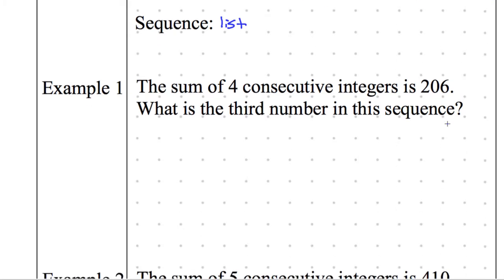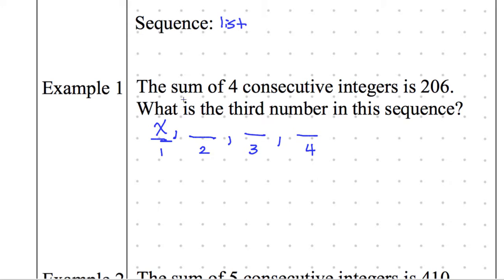So let's go ahead and just say, I don't know what my first number is. My first number in that sequence. It could be 5, it could be 10. Let's just call it x. Let's go ahead and write that down. x. We're writing down our sequence. x, comma. The next number in our sequence. So here's the first number, second number, third number, fourth number. All of these are integers. They're all whole numbers. So if it's consecutive, that means I'm just going up 1.